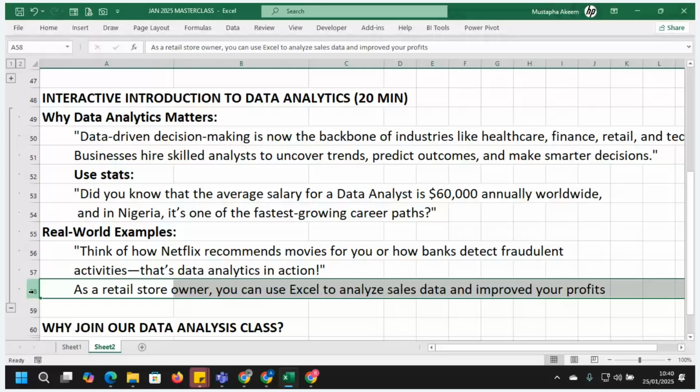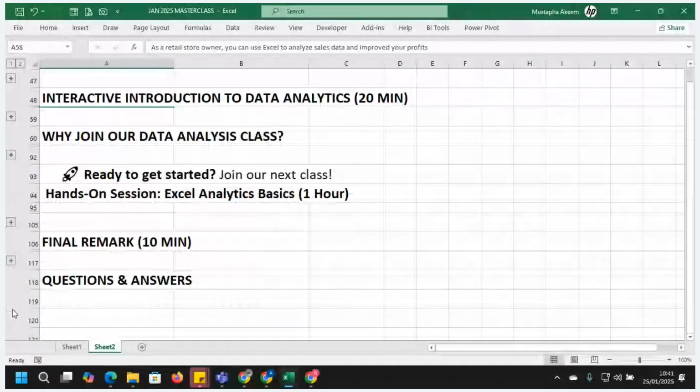If you don't have it in your email, you can check your WhatsApp groups, and from there you can practice whatever we are doing in class today. Kindly download that. You are going to use it to experiment how data analysis can help businesses.